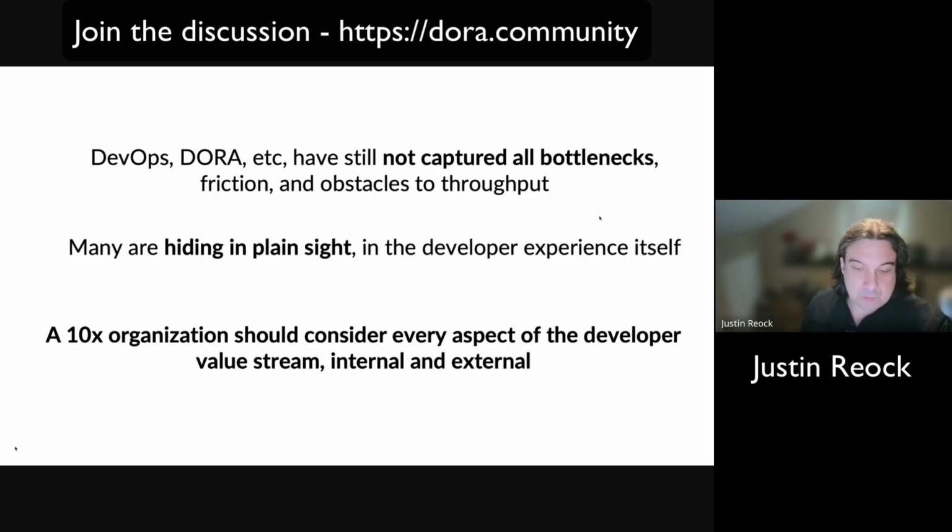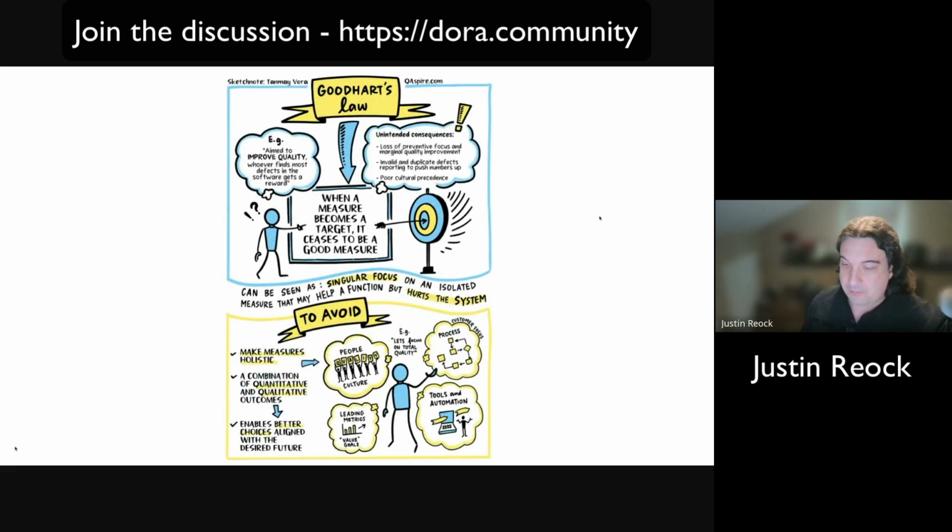And we have to move away from rating our organizations based on single metrics. I'm sure plenty of folks in this community are familiar with the pitfall of Goodhart's law, which says that when a measure becomes a target, it ceases to be a good measure. So we need to not singularly focus on isolated measures. We need to think about a spectrum of metrics that can help us tell a full picture about the health